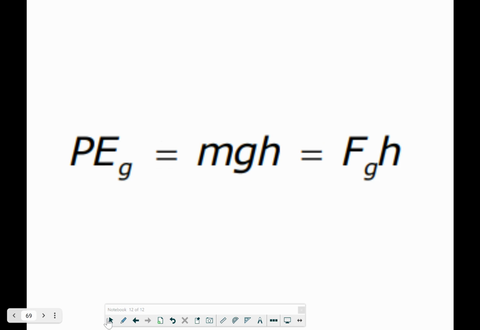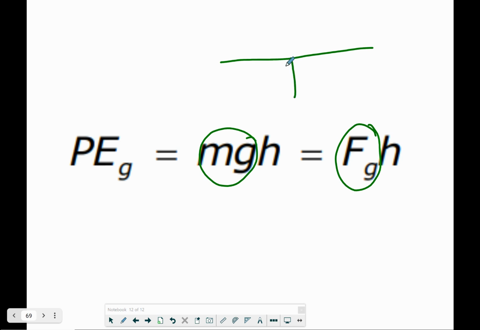All right. This one, F sub G equals mass times gravity. If you look on your reference table, you'll actually see F sub means subscript. F sub G equals M times G. So here's how I write this one. PE sub G, look, they both have H's, so the H goes here, and you put M times G or